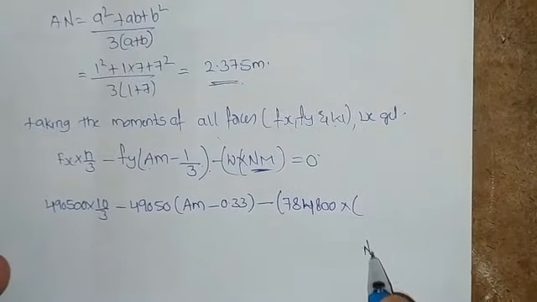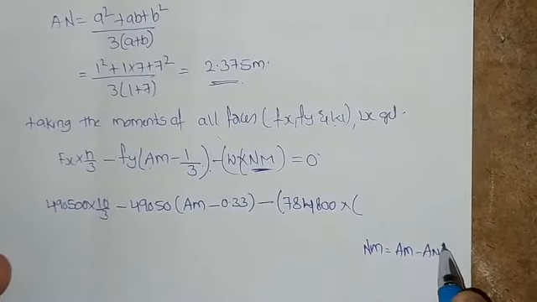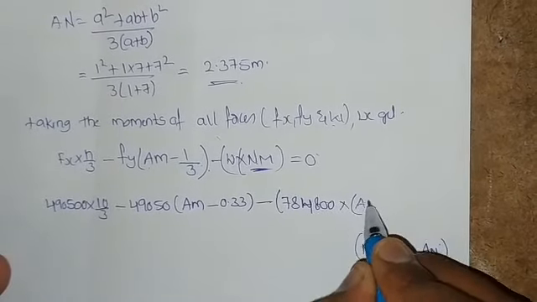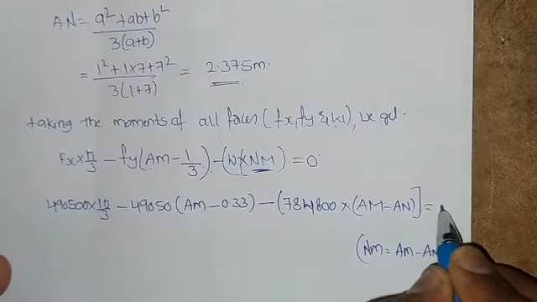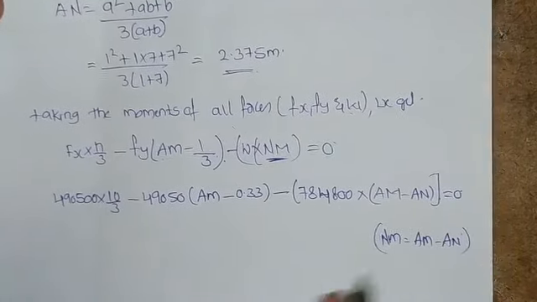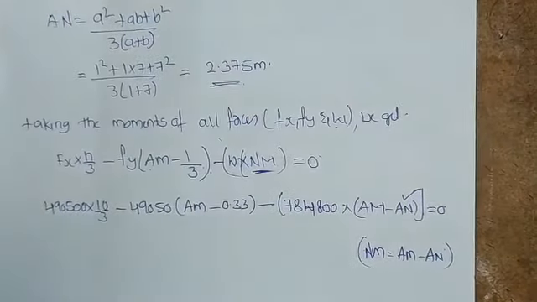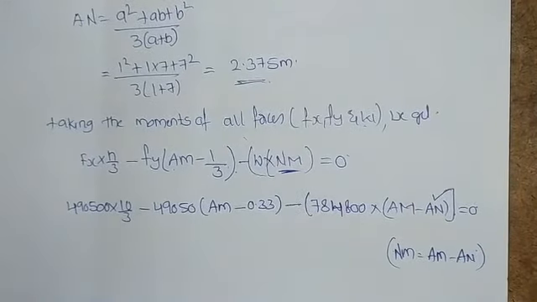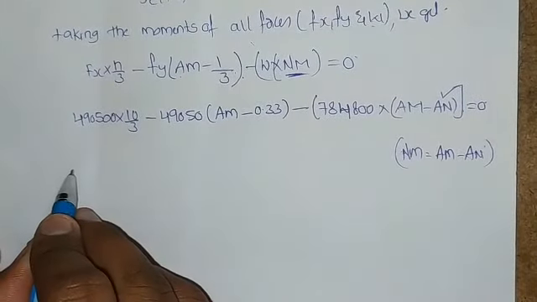So where Nm is equal to AM minus AN. Substituting this, AM minus AN is equal to 0. Previously we found the value of AN, which is 2.375. Now substitute the total values here, then this equation will become